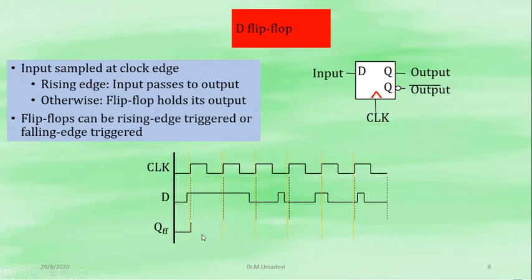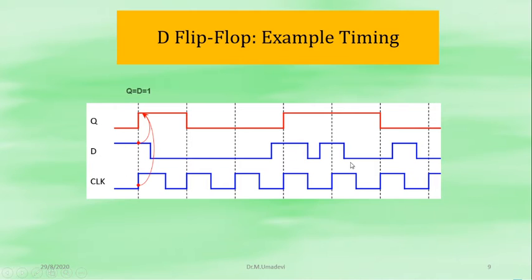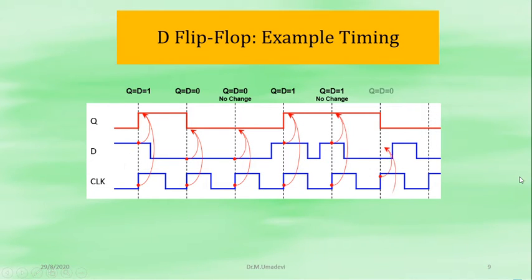See here, you can understand how the state changes. In the timing diagram, you can see how it changes, and this is for the clock pulse, this is for input, and this is for output. And this one gives an example of D flip-flop timing. So Q is the output, D is the input, and CLK is the clock pulse. When Q is equal to D is equal to 1, and Q is equal to D is equal to 0, here there is no change, and here Q is equal to D is equal to 1, there is no change of state.